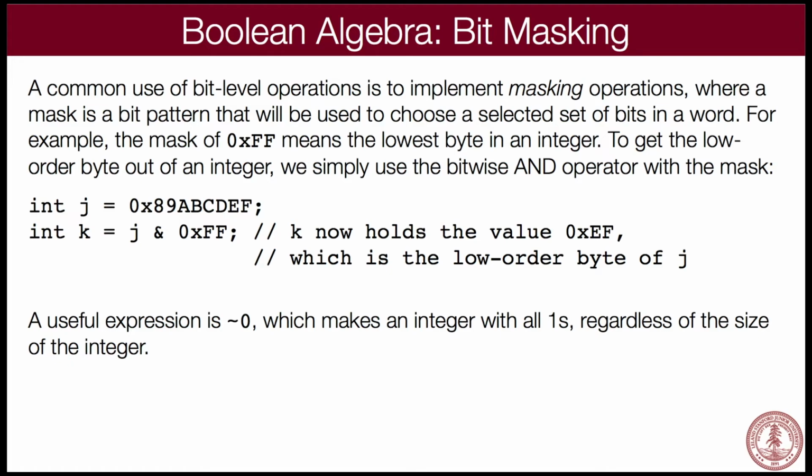Let's look at some more examples. By the way, one useful expression is NOT 0. That takes the zeros, for however big your number is, and makes them all into 1s. That's how you get a number with all 1s in it. NOT 0 gives you a number with all 1s in it. You'll do lots of that for assignment 1 and the lab as well.